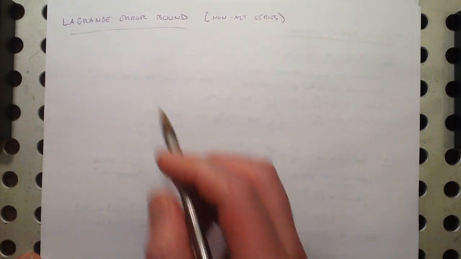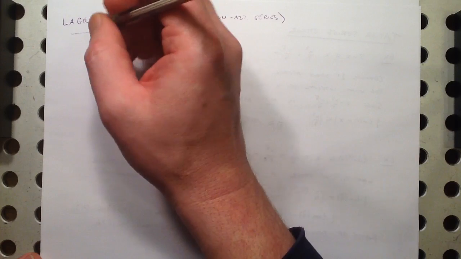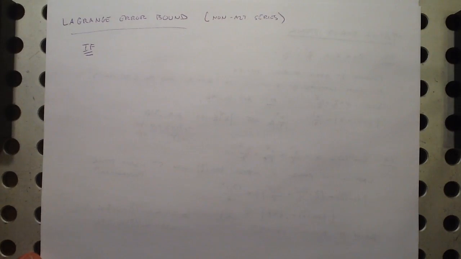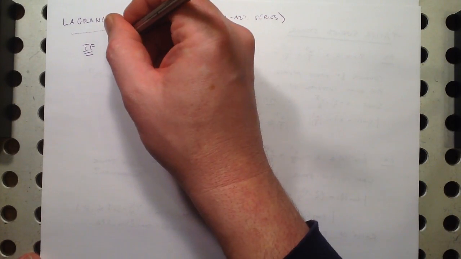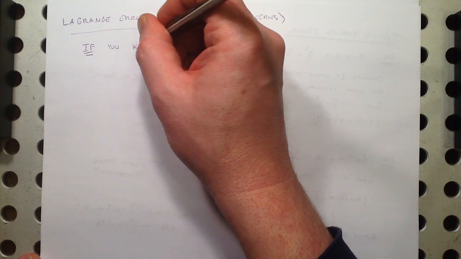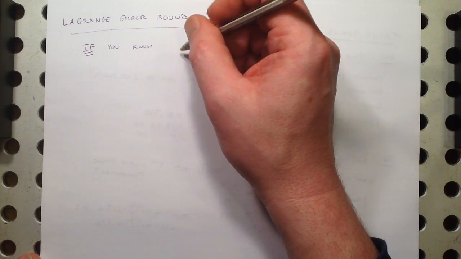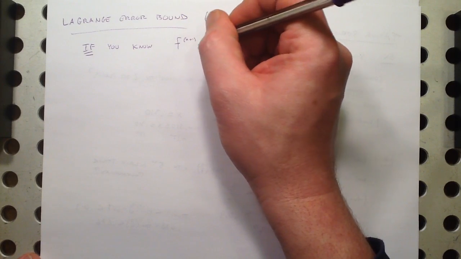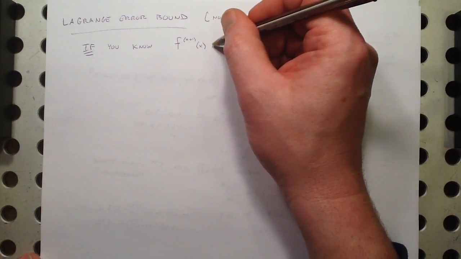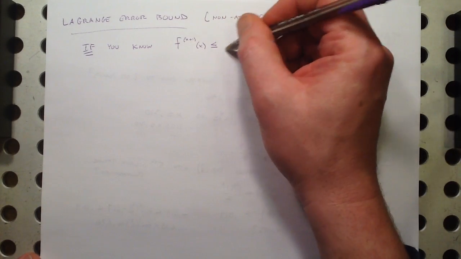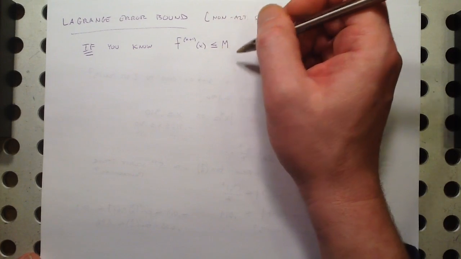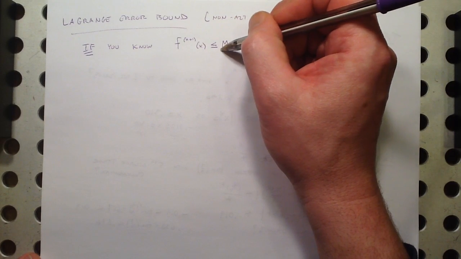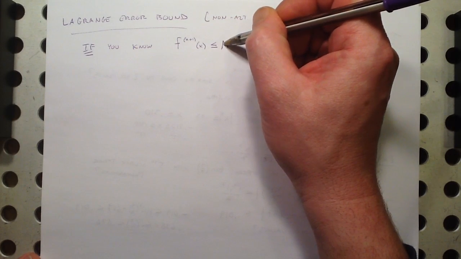The Lagrange error bound says that if, this is a big if, you know that the n+1 derivative of your function is less than or equal to some number, I'm going to call this m, like for maximum, right? So if you know that your next derivative is capped by some number, it can't be bigger than this,